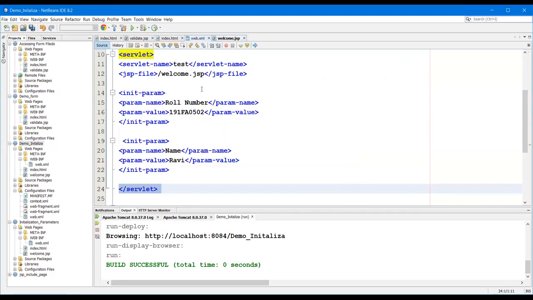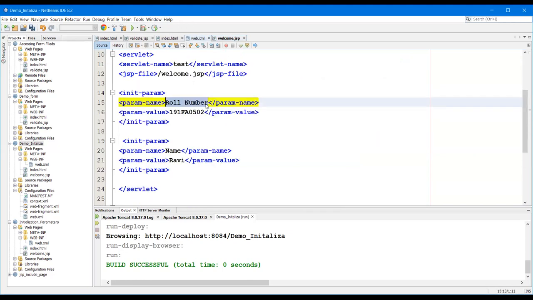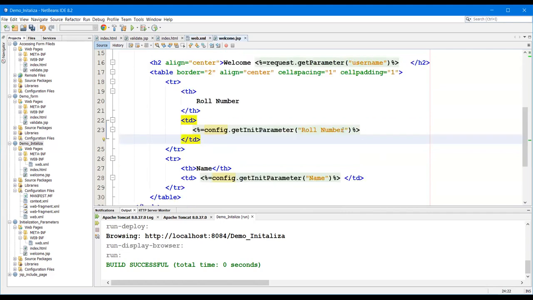In the web.xml file, we have the roll number name, so this name we need to pass. For example, here we are using only roll, so we have to use only roll here. config.getInitParameter will get the value.